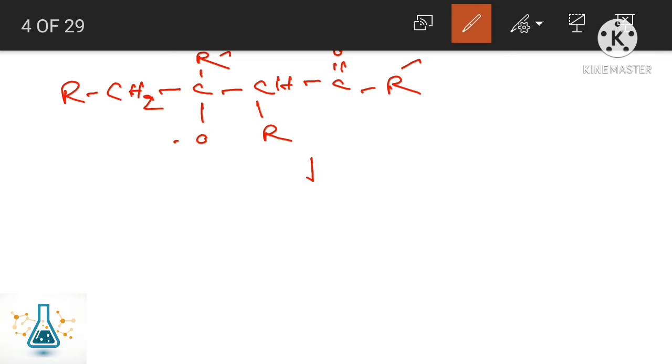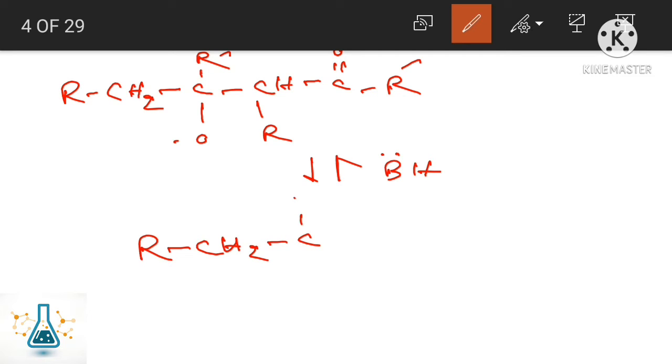And then one acid base proton transfer will be there, so this is a base, so proton transfer will be there, and finally we will get the beta hydroxy carbonyl compound RCH2